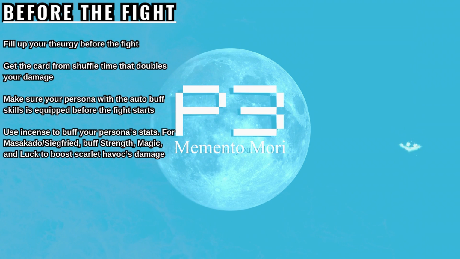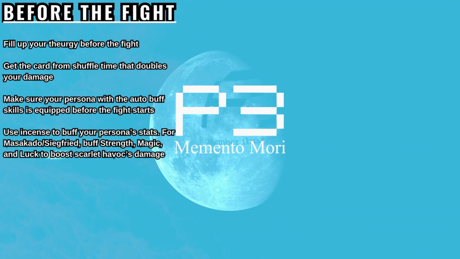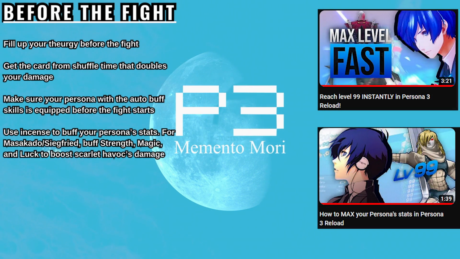Make sure to start the fight with Atlus to make sure you get your buffs right off the bat. Then switch to Siegfried or Masakado, whichever one you made, and use Scarlet Havoc to do some big damage. If you want to increase your damage output, make sure to use some incense from the antique shop to boost your strength, magic, and luck, as these all factor into Scarlet Havoc's final damage. You can also check out my fast leveling guide if you want to level up your personas and boost their